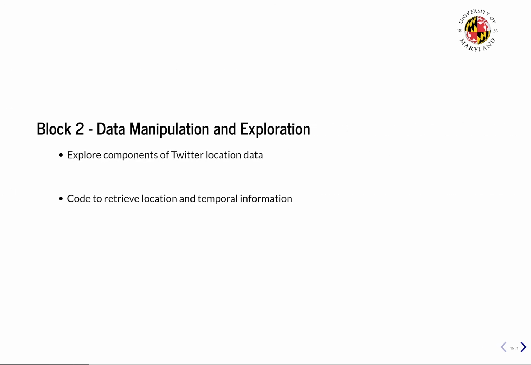In the second block, we will see how a tweet looks like just after it is extracted from the Twitter API. This is just for information and for you to know how data exists and what other information exists within that tweet. We will not use other components of the tweet for this workshop, but it is for you to explore. We will also see the information that can be derived from the temporal datetime data.